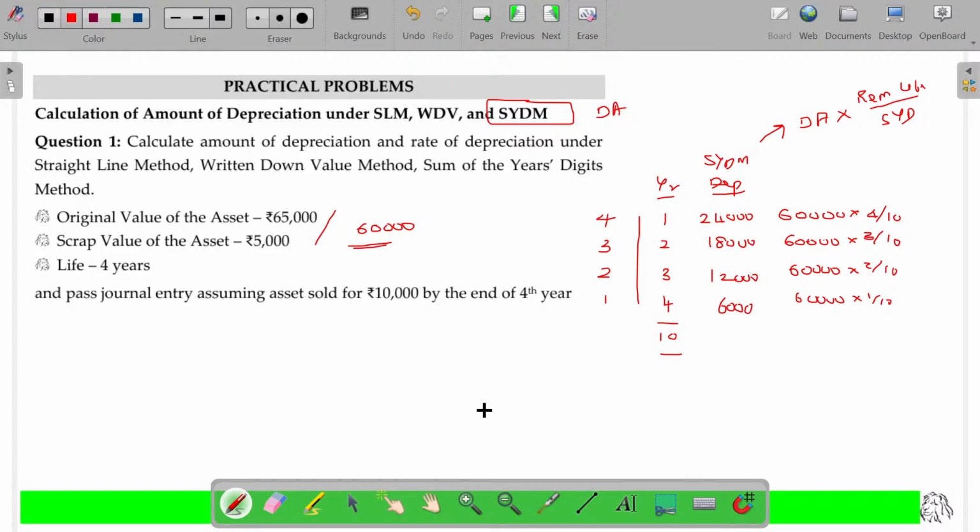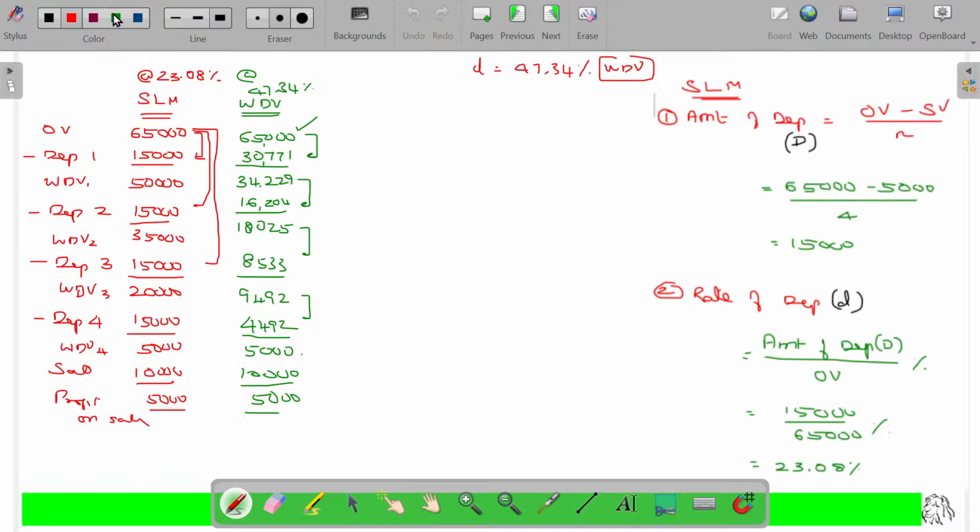The sum of the years digits method resembles the WDV method, right, because in the very beginning there is higher depreciation, later on lower depreciation. Higher depreciation in the beginning with lower repairs will have equivalent expenses similar to the expenses we incur in the fourth year, where the depreciation is lower and the repair cost is higher. So of course the rest will be as usual. So 24, 18, 12. So in case of the sum of the years digits method,